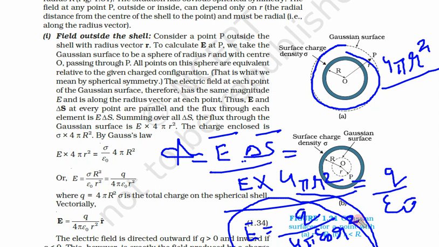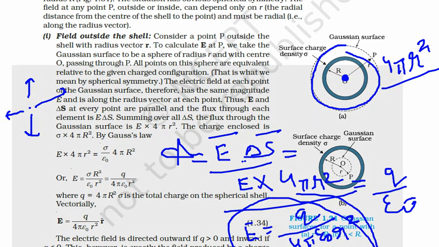So it does not matter whether we calculate in this way or in another way, the field for a spherical shell remains the same, as the whole charge is at its center. Similarly, we calculated using Coulomb's law for a particle, and the field was the same, Q upon 4 pi epsilon naught r square. For a small point charge it was the same. So for a spherical shell, the field works as if the whole charge is concentrated at the center.